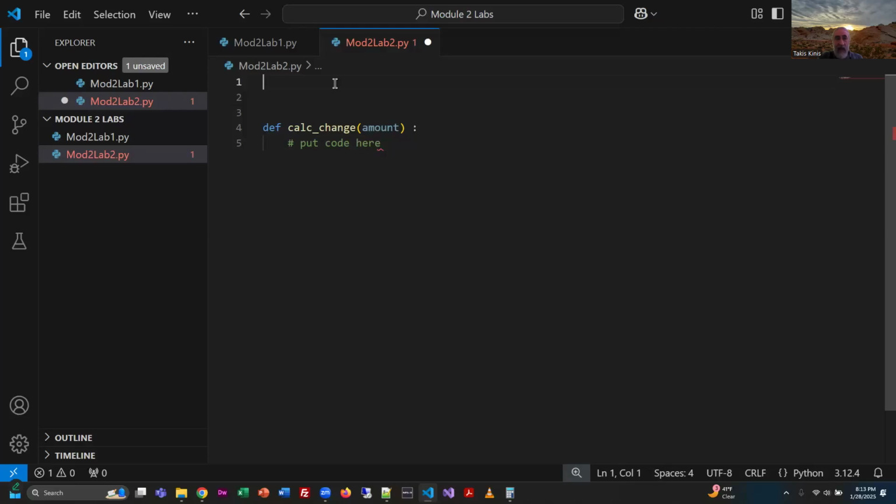Like if you start writing programs that have a lot of functions in them, and then you have other people that you're writing code with, and they're looking at your functions later going, what the heck was this person doing? Right? It's really polite to explain what your functions do in the form of comments. So there's this convention that Python programmers use. They'll put several lines of comments above their function as they're building it to describe to other programmers what they're doing. So when they look at what does calc change do? Oh, it says right there what it does. So for example, I would tell them what it's called, tell them what it does,